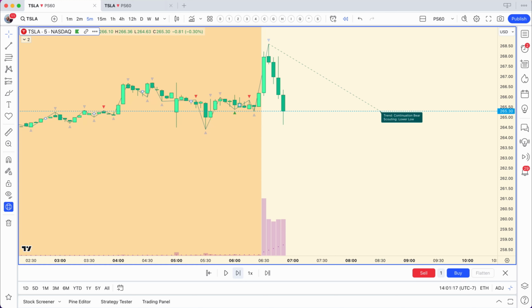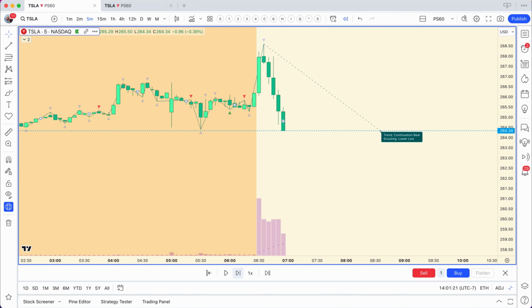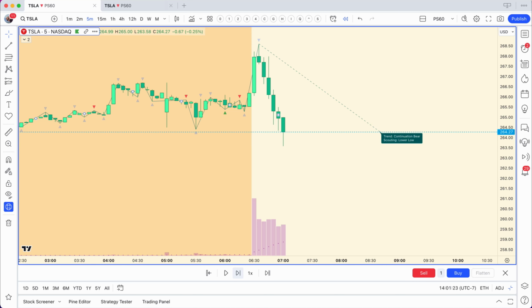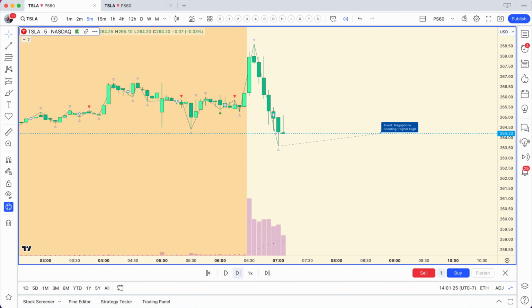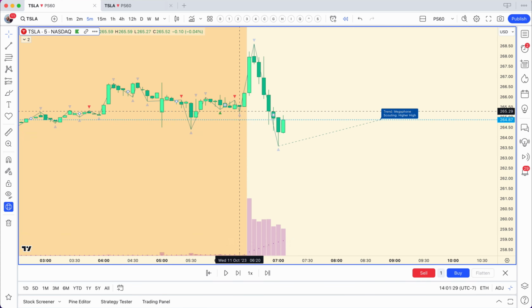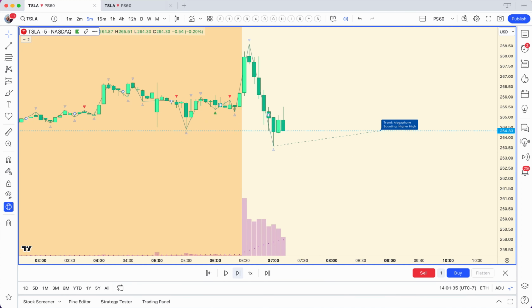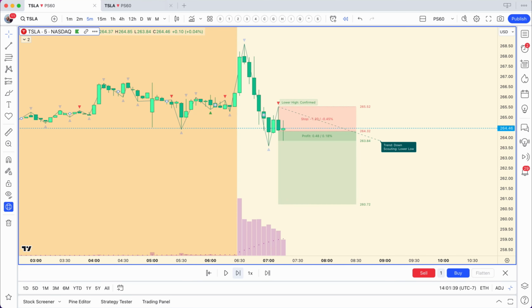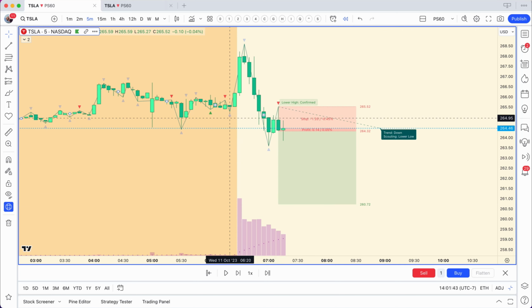So I'm going to just tick through this and see what happens. And at some point here, it will find a low. There, it found a low. So it's still in a megaphone because you were ranging in here and then you set a high. Now you set a low. And so it's still trying to figure out what's the direction that this price is going to go on this day. And there, okay. So at this point now it's set a low, a high, a lower low, and a